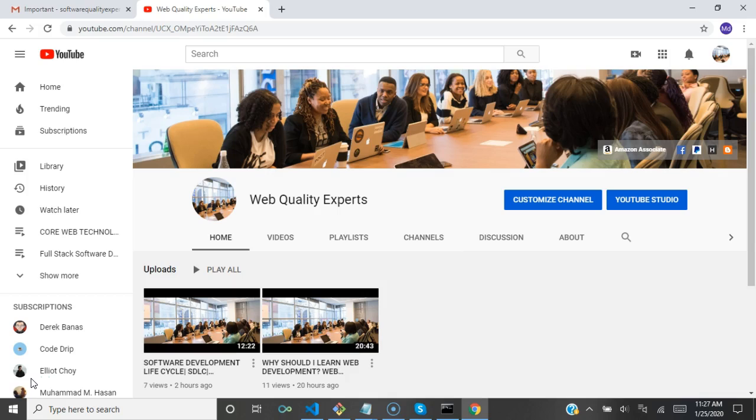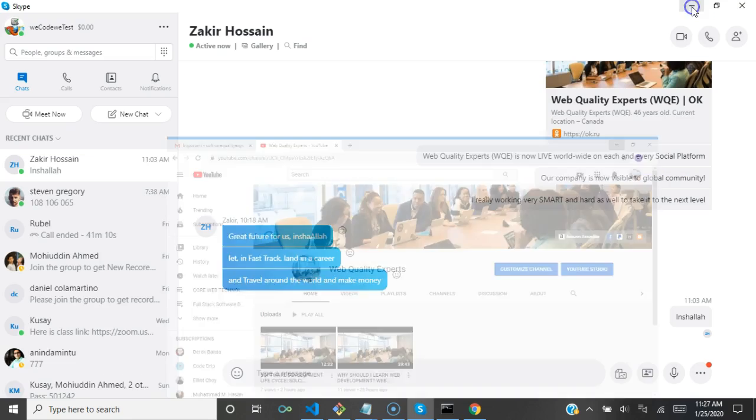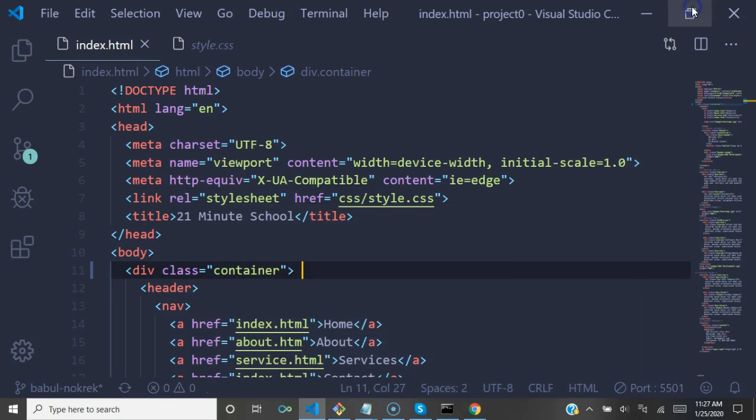Today we are going to learn a very exciting technology, that is Git, and how we can create our files and folders very easily using this super technology, Git. Alright, so how do we create our files and folders